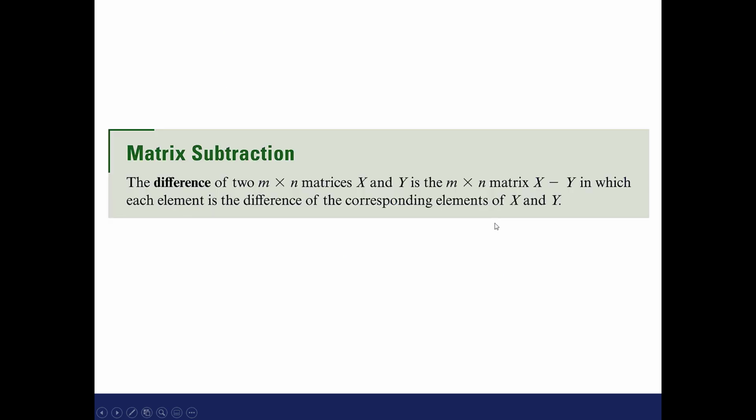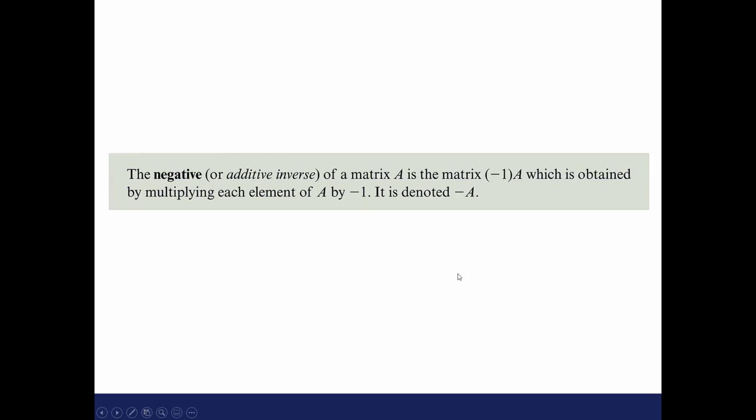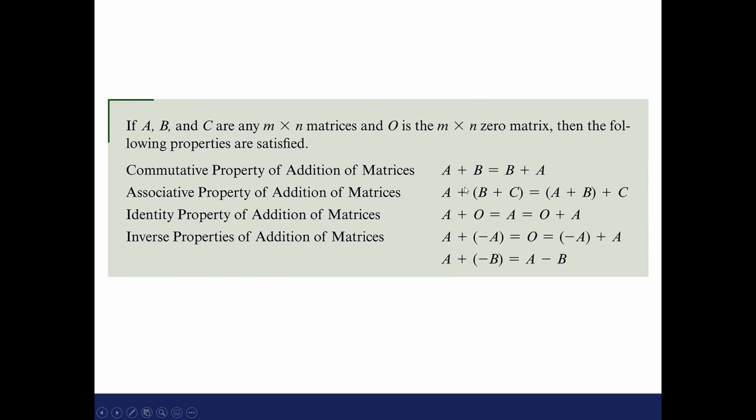All right, we can of course subtract matrices. We can do scalar multiplication, which is multiplying a value by a matrix. This actually happens a lot in video games where you can see something is enlarging. Matrices are big use in computer science. We can take the negative of a matrix,